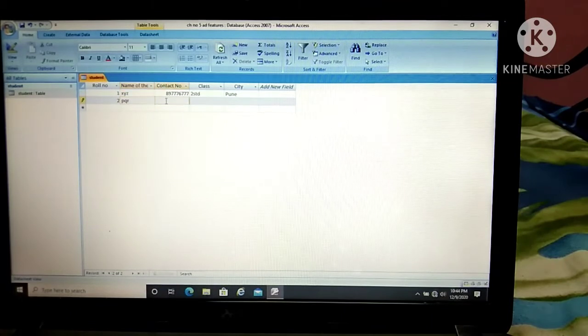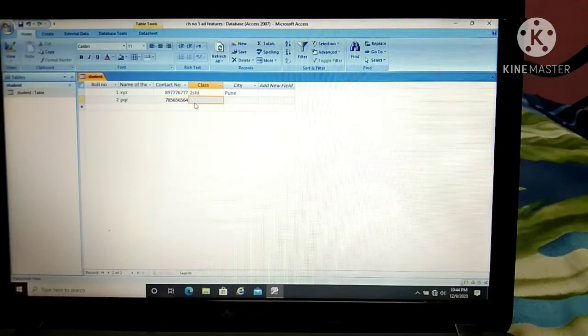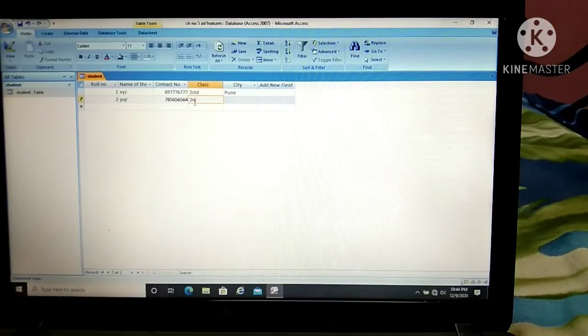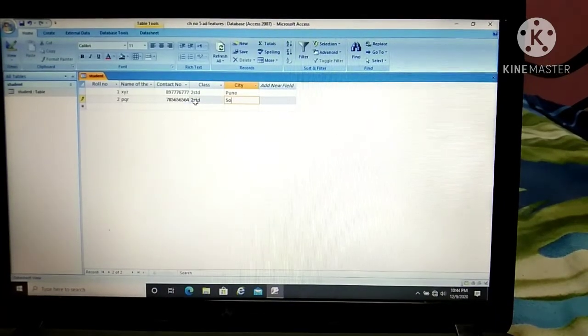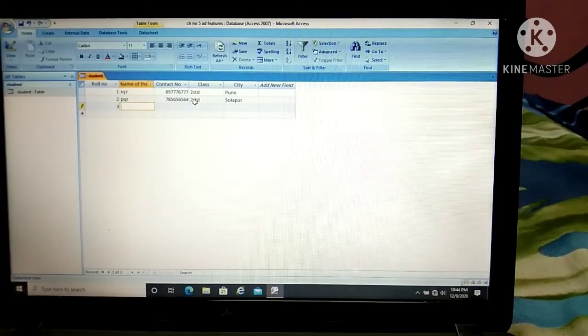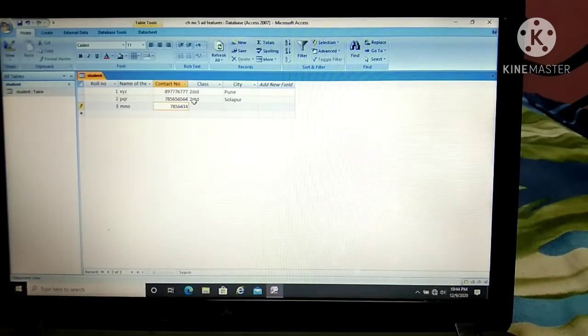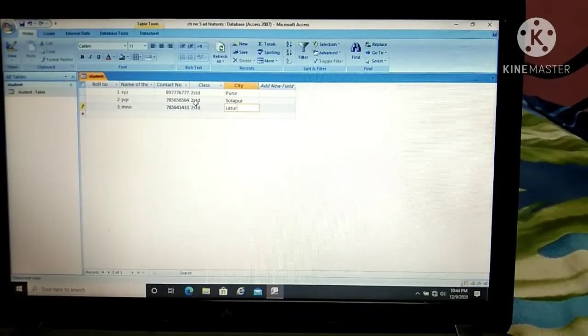I'll just put some alphabets, type any numbers. Okay, this much data is sufficient.